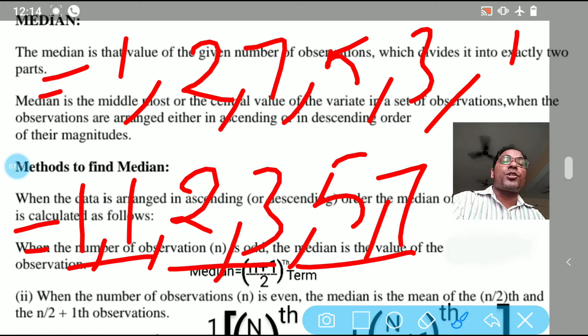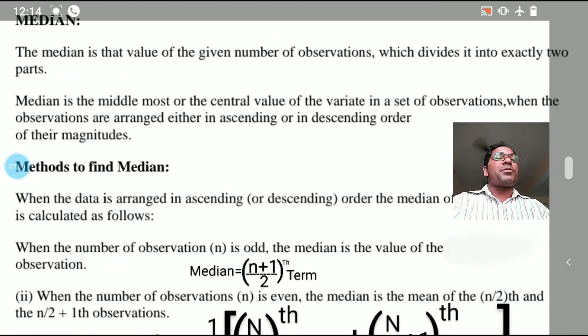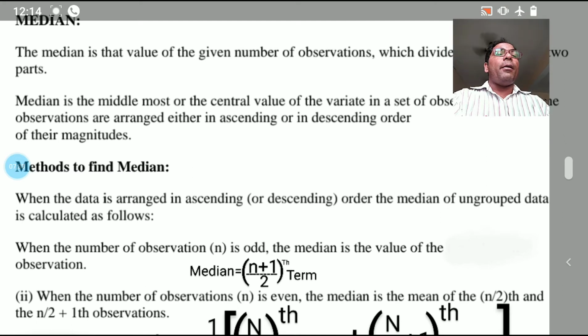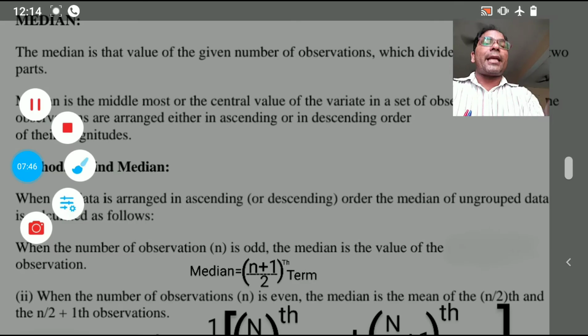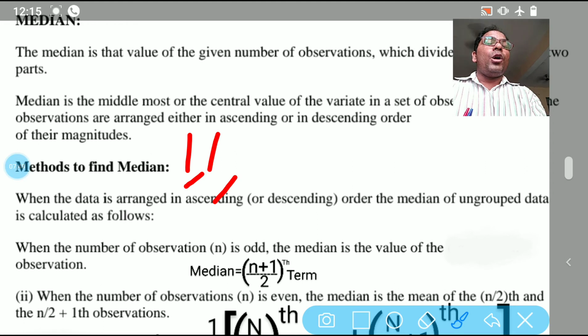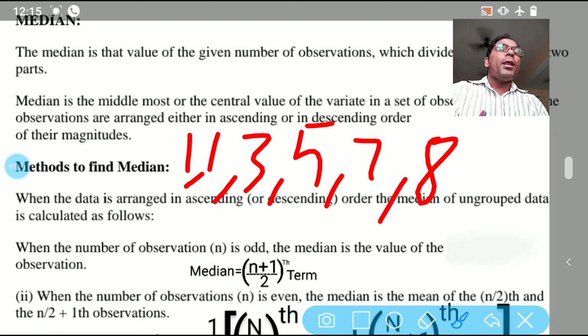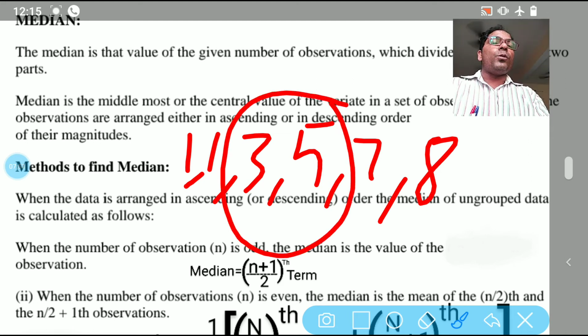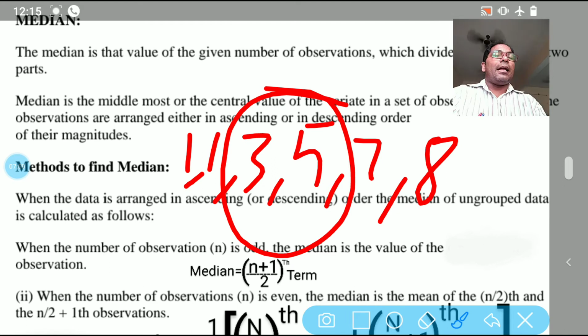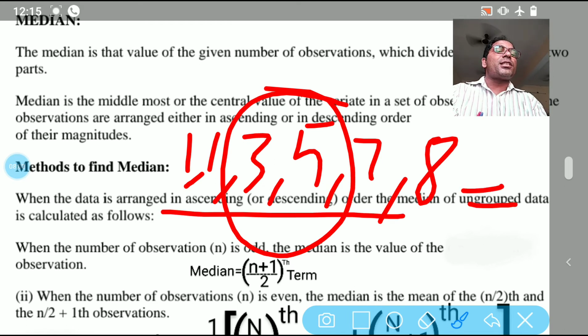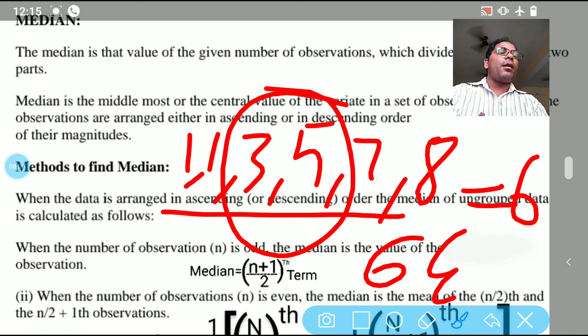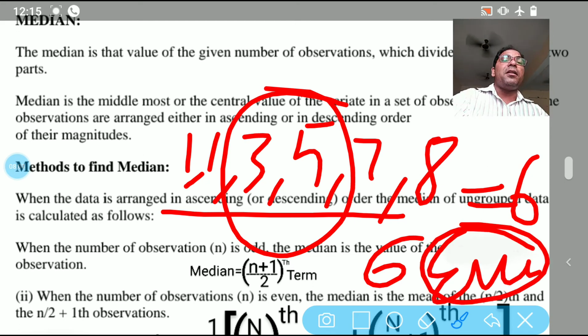There are 6 terms. So, students, if 6 terms are there, then how can you find the middle term? You must know it. How will you find the middle term? 6 terms are there. Once again, I am going to write down 1, 1, 3, 5, 7 and 8. Suppose these 6 terms are there. So the middle terms, here you can see, are 2. 2 middle terms are there. And the count of these numbers is 6. 6 is an even number. Okay, why I am explaining this? You will see in the next topic when I explain.